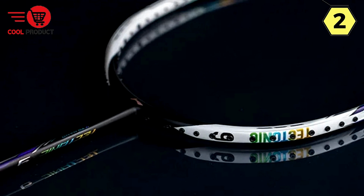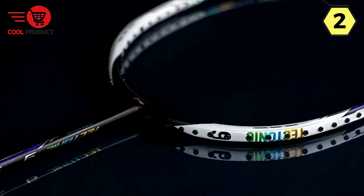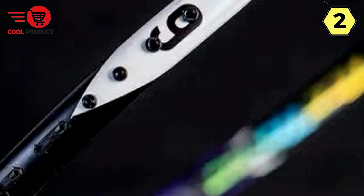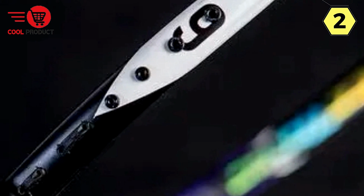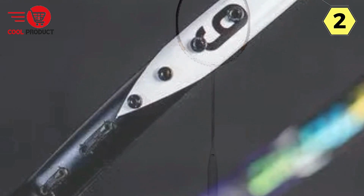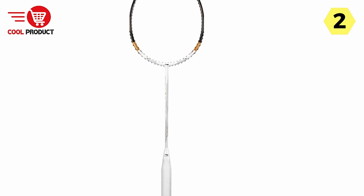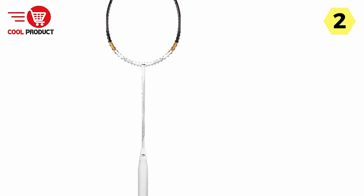The Tectonic 7 and Tectonic 9 full carbon technology mark a revolutionary advancement in racket design. These cutting-edge materials not only enhance the racket's overall durability but also provide an exceptional combination of stiffness and flexibility. This results in a badminton racket that delivers unmatched power and responsiveness on the court, giving players a distinct edge